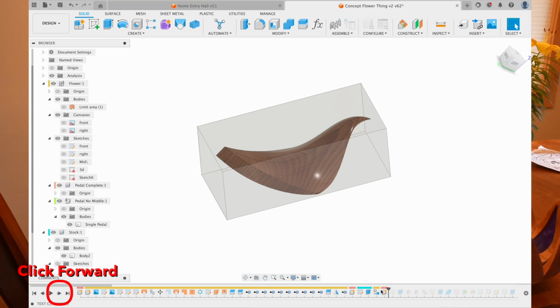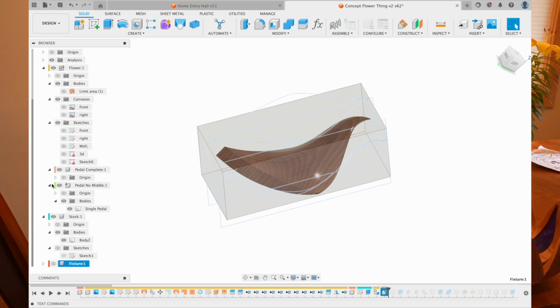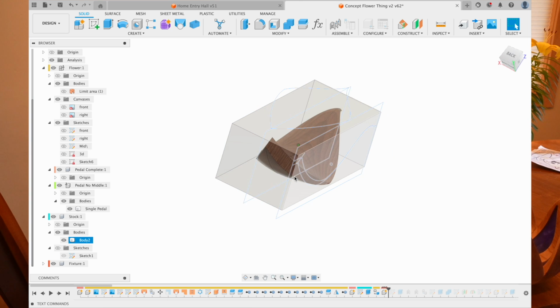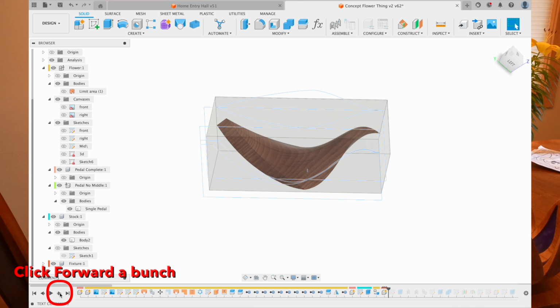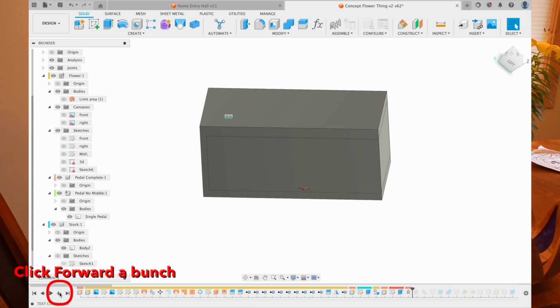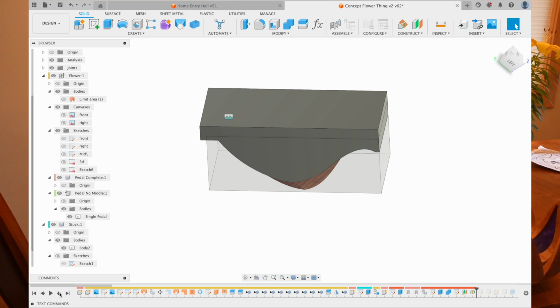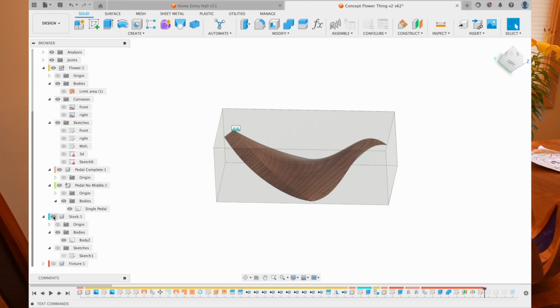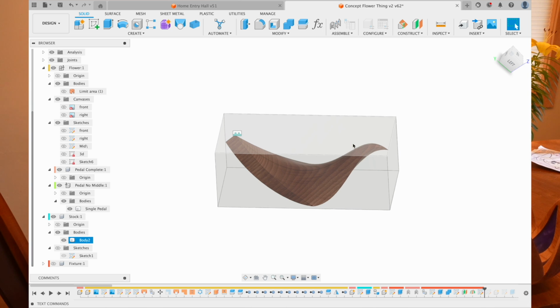So next I create another component, and it's the fixture. I'm not going to really talk about the fixture because the fixture was a complex cutout thing to hold this shape for machining, but it was something I had to create. And a lot of times I'll go back in the timeline and do things to recreate shapes and add stuff later on. Instead, let's focus on the middle. I'm going to hide the fixture. And once I had the stock created,